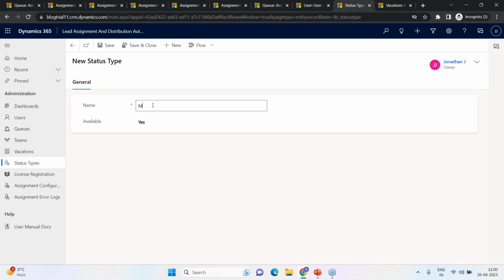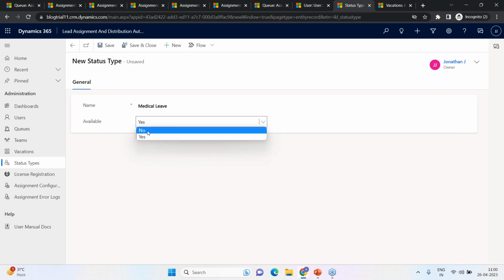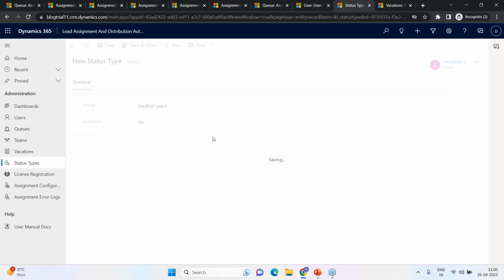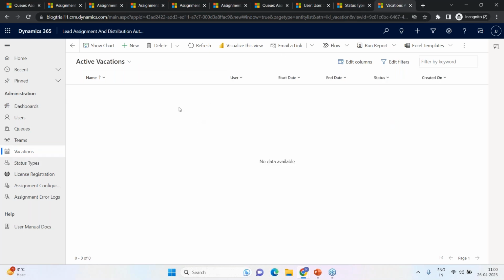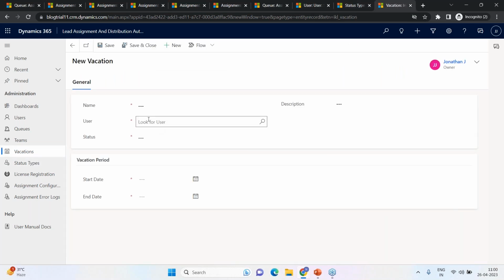So let's say I am putting up a new type of status, which is medical leave. And whenever we select medical leave, do you want this to be available or not available? So of course, once any user is going on a medical leave, the availability would be no. Let's save and close this. So now we have one more status type, which is medical leave. And what I'm going to do is I'll go to the vacations, and within the vacation, I'm going to hit on new for a user, let's say emergency,